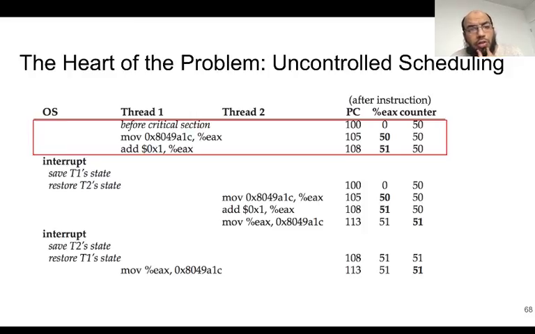Then you do the addition, so you add hex 1 to the EAX. So you see now EAX became 51. Okay, still counter is 50, and the program counter has also progressed to 108. And now an interrupt happens. Okay, so let us take it step by step. Now an interrupt happens, and it saves T1's state. T1's state is basically its program counter and its EAX, okay,